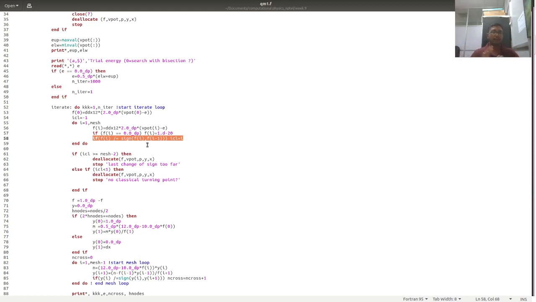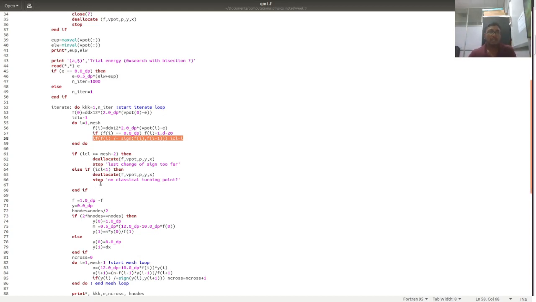So now you have the array fixed, and you have a first element, a second element, and then a third element. I am going to use that if fi and fi minus 1 both have the same sign, then that is not a nodal point. But if they have different signs, maybe one is positive and the other is negative, in that case I am going to say that particular point will be a node. And then